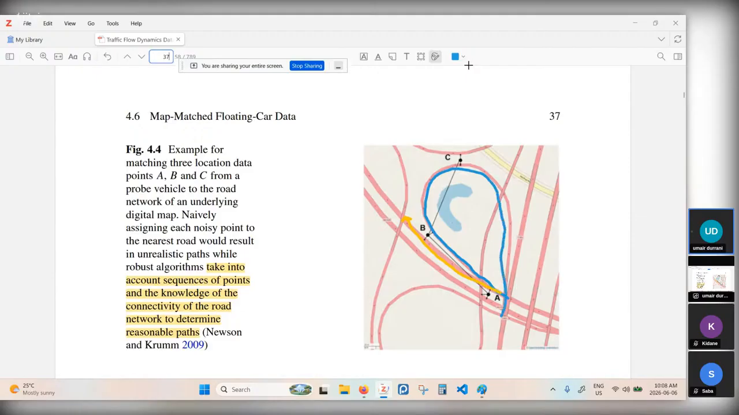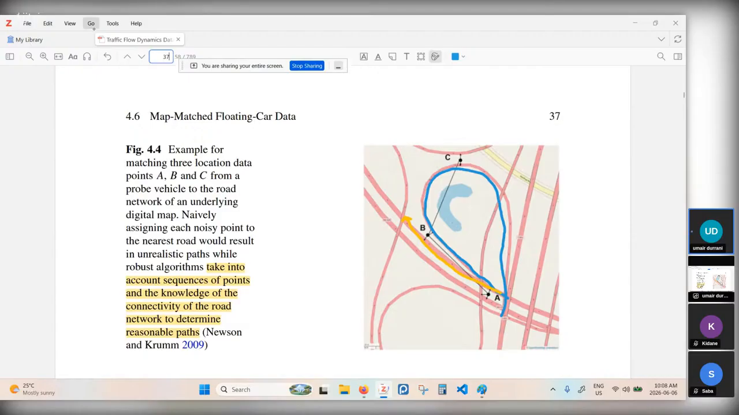And so the map matching algorithms need to determine these paths using two sources. One source is the geographic coordinates that we are getting. The second is the connectivity, or our knowledge of the connectivity, of this road network, which I've highlighted here. So we need to consider the sequence of points that we are getting from the floating car data, and we also need the knowledge of the connectivity of the road network to determine reasonable paths that the vehicle